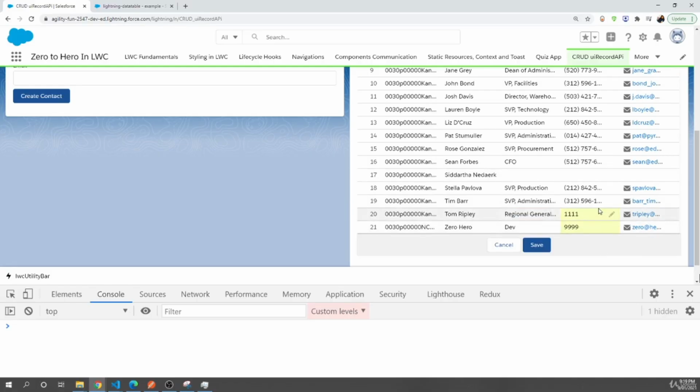So now we are updating multiple fields, and we can update one combination with email as well for the 19th row. So I'll say 0@hero.com, and I updated the email as well. So now we have three rows updating, one for email and two for the phone number. Let's hit save,